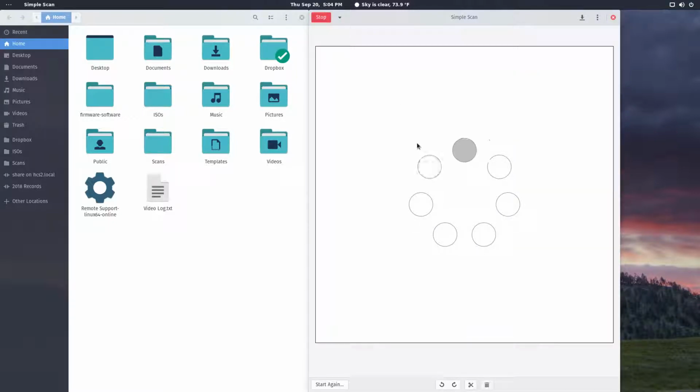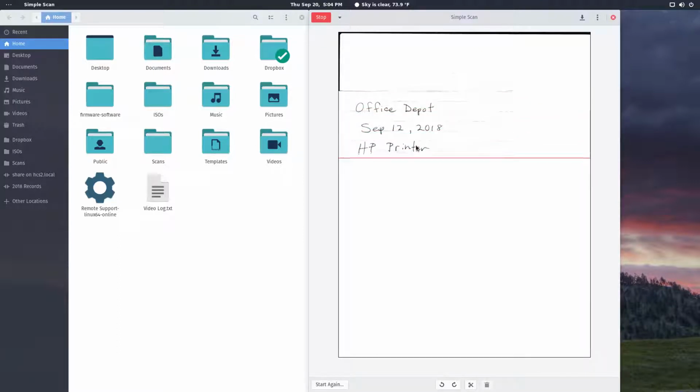We'll do a scan here so I can show you one extra thing. I'm going to show you another set of 5 keyboard shortcuts that I also add in, and I'll show you why it has become important. I'd like you to imagine here that this is a credit card receipt, Office Depot, and it's from this date, and it was for a printer, and $76.12. And so when I save this scan, I'm going to reference all of these items. And so if I press Control S to save,